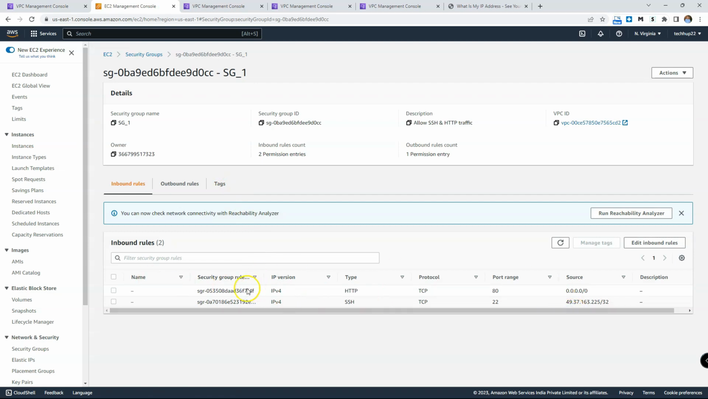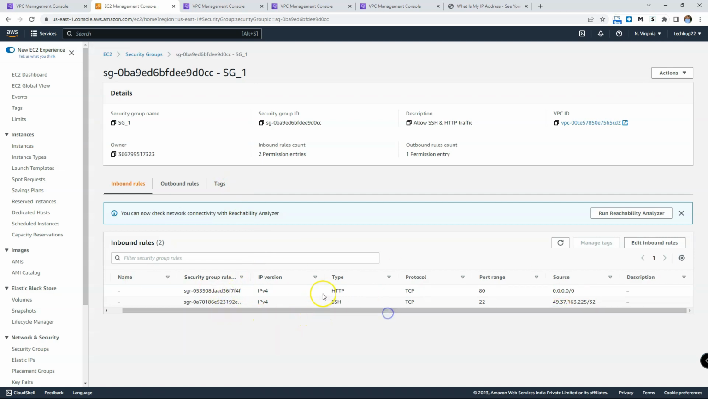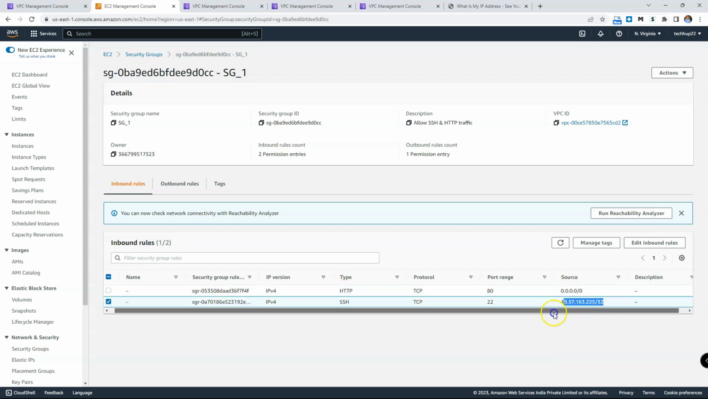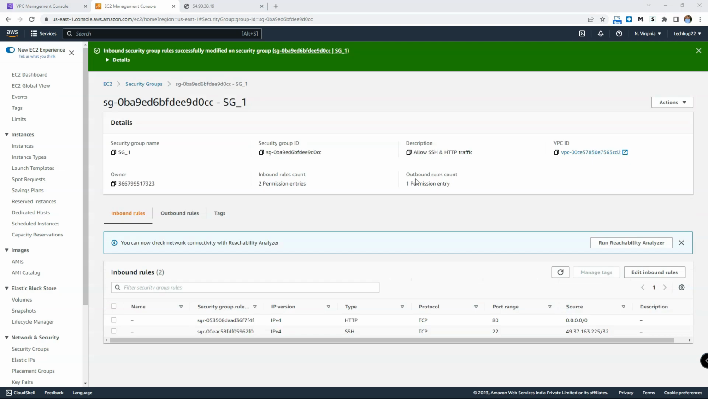So we are saying that we are allowing HTTP and SSH inbound connections over these sources. HTTP is allowed over all the IP address range. SSH is only allowed over the IP which belongs to my home network. Now with this inbound rule getting implemented via security group 1 on the EC2 instance, it's time to test out